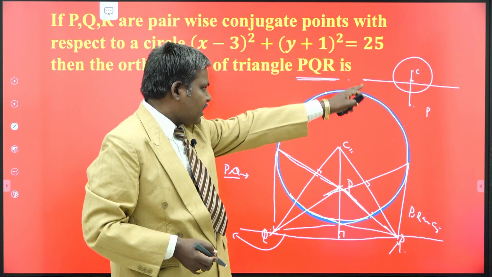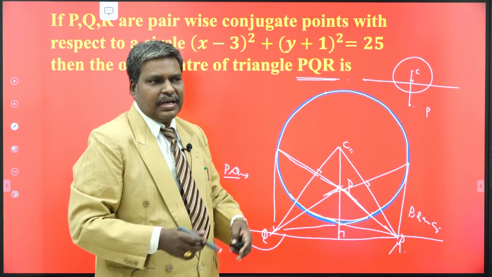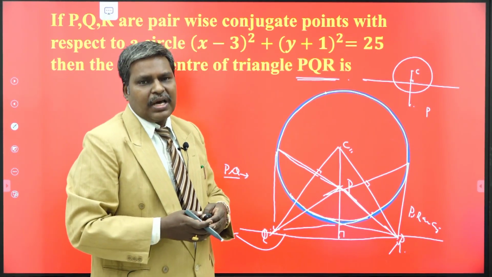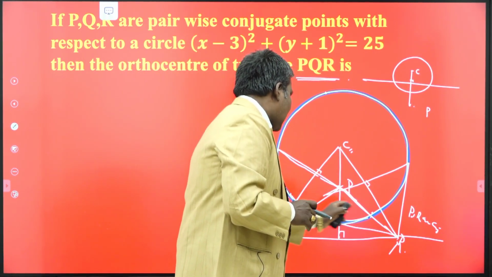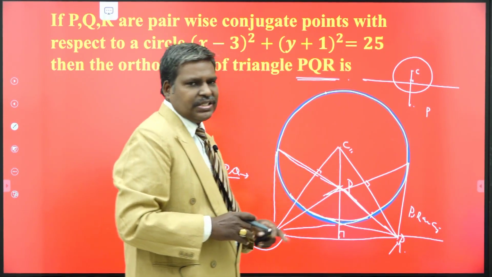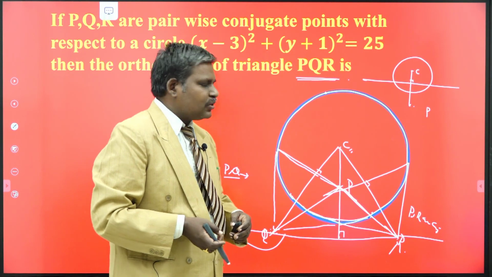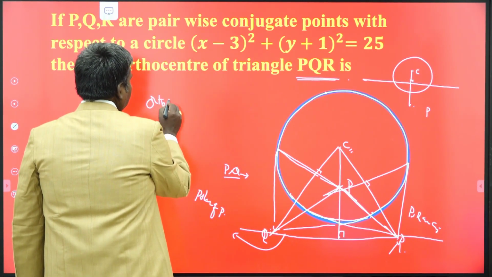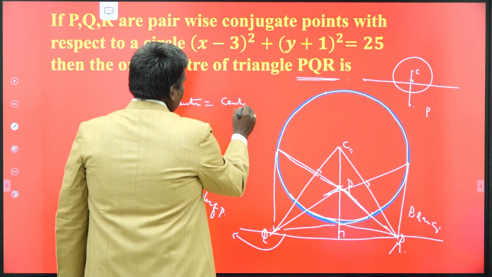With the help of that technique, we approach C as the orthocenter, because the line joining CP is perpendicular to the polar of P. With the help of that concept, we conclude that the three altitudes to the sides of the triangle meet at C. Therefore, the point of concurrence of altitudes is itself the orthocenter. Therefore, the orthocenter is here the center of the circle. Orthocenter is equal to center of circle.